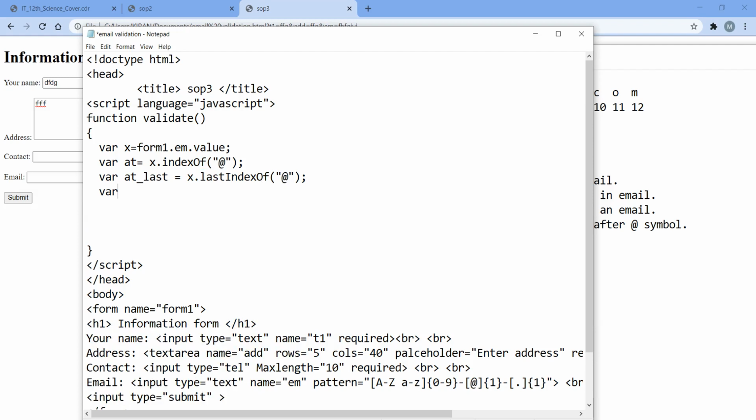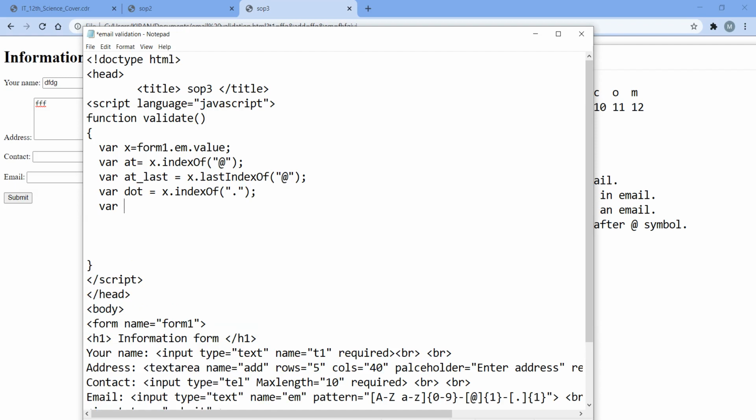Now we are going to do the same for the dot: the first position of dot and the last position of dot. So x dot indexOf, in brackets, dot, and similarly for last, var last_dot equal to x dot lastIndexOf, and in double quotes, dot.